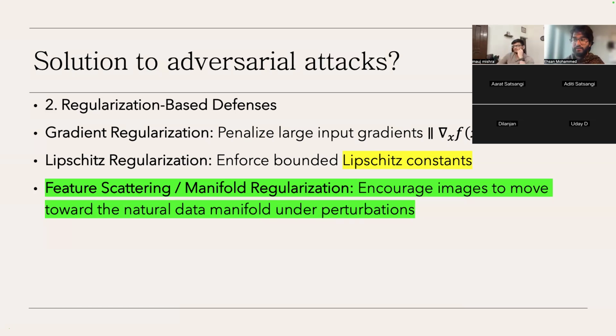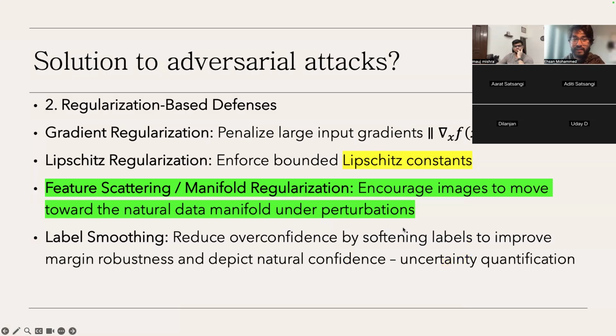That's why I have just highlighted it here. It tries to encourage images to move towards the natural data manifold under perturbations. There will be an inherent structure to the data. So we want to stay within that original or natural manifold versus having decision boundaries which go crisscross across that data manifold. So manifold regularization is another one which is complicated. There is label smoothing, which we all use as regularization, but